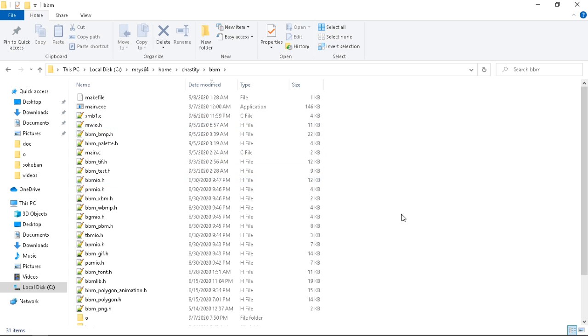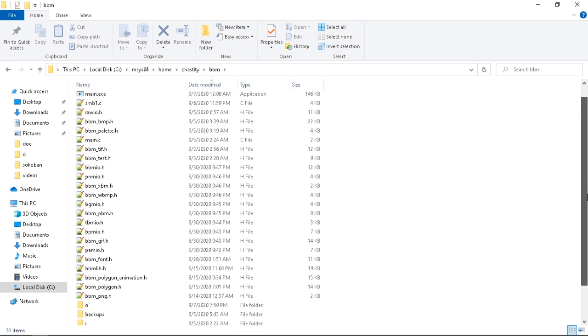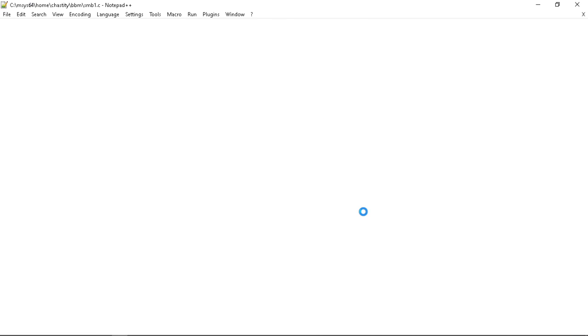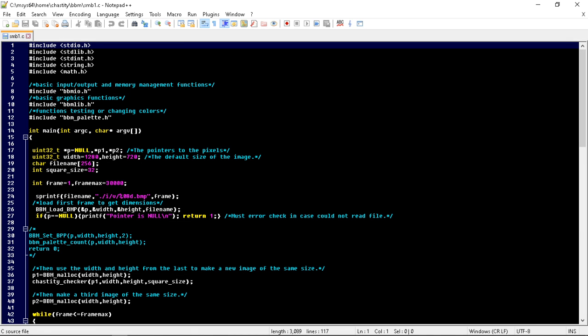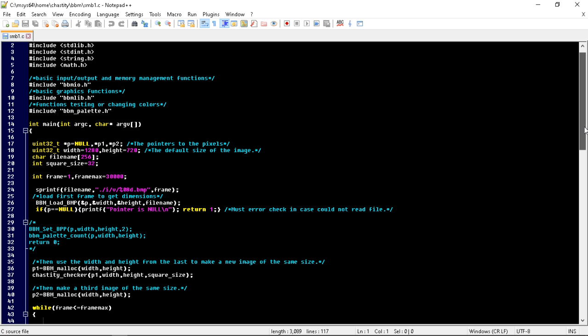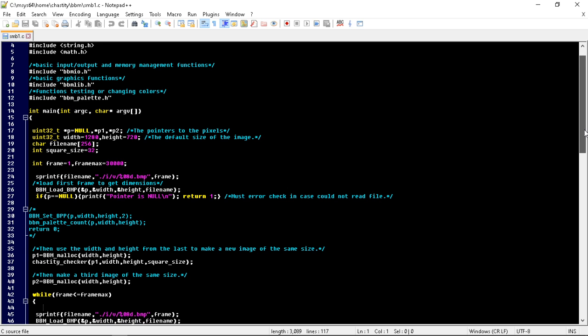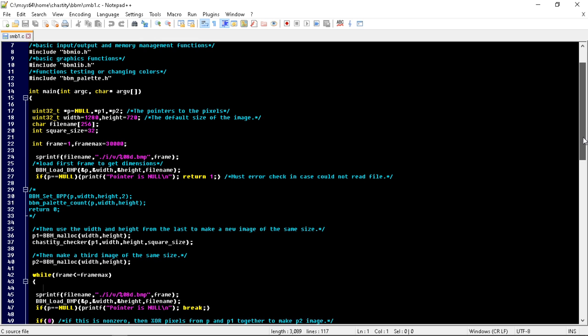I have several source files. This is the most massive of all programming projects that I did. And I'll give you a quick look at my Super Mario Brothers 1 code. This is the file that I used. I used my BBM library that I wrote, which is probably over 100 functions,